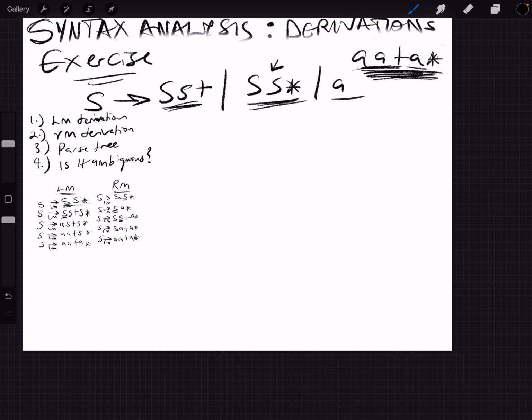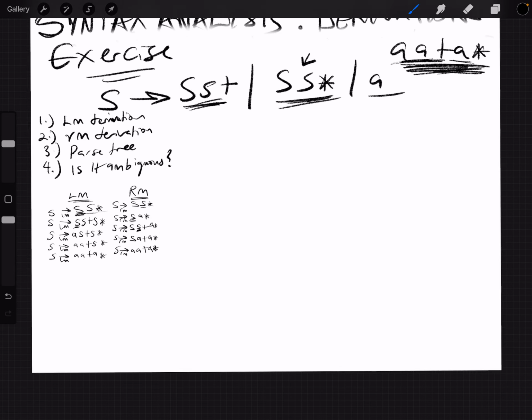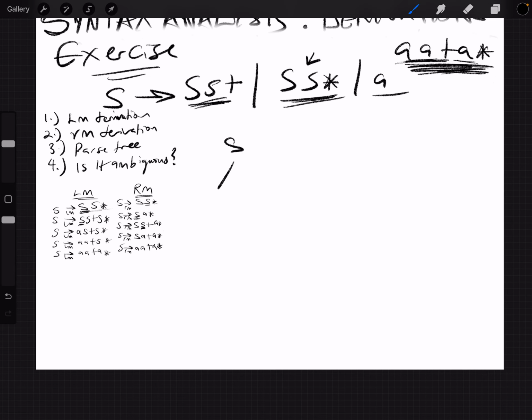What do we have going on? So S can derive S star, and then if we look at it from the leftmost derivation, what can we do again? We can make this derive A, this guy derive